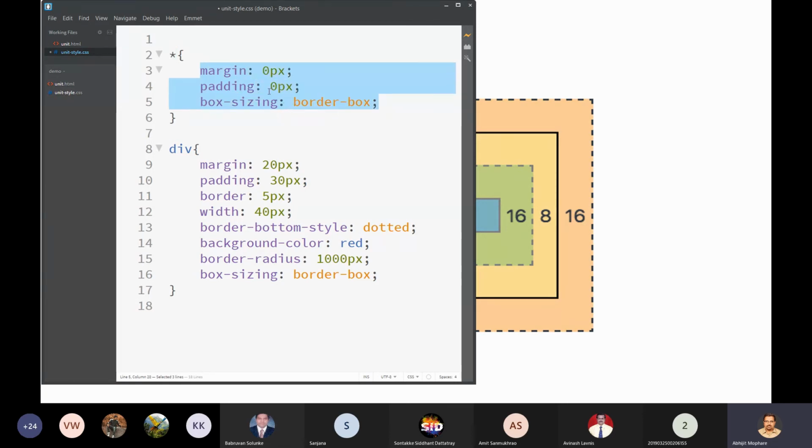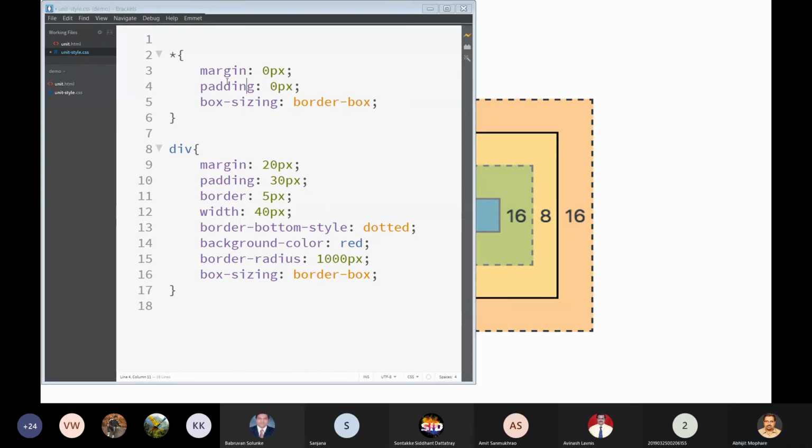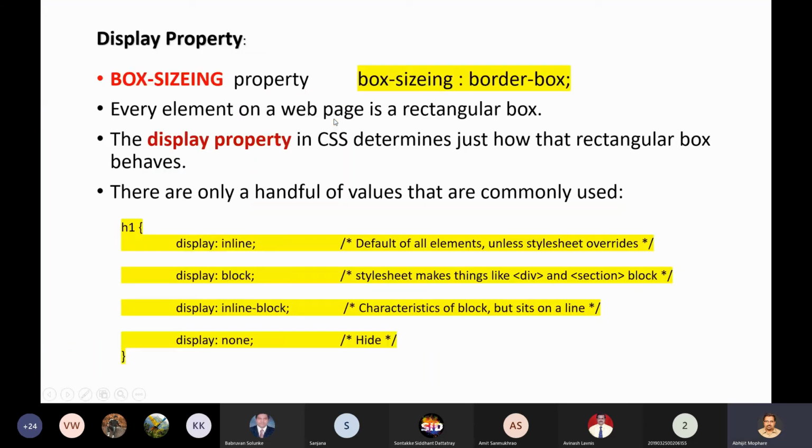Normally you use this for resetting the default margin, padding and box sizing. Whenever I'm doing any project, these are the first 4 lines that I write. I reset the margin and padding to 0, and I reset the box sizing to border box, so that manually I can give the margin, padding and positioning, and it behaves properly. So this is the box sizing property.